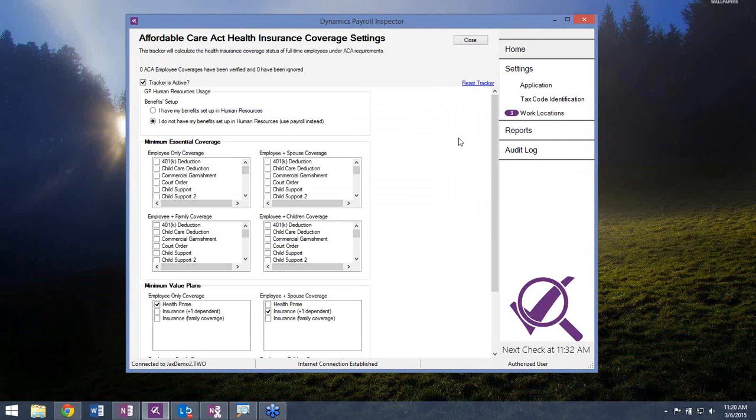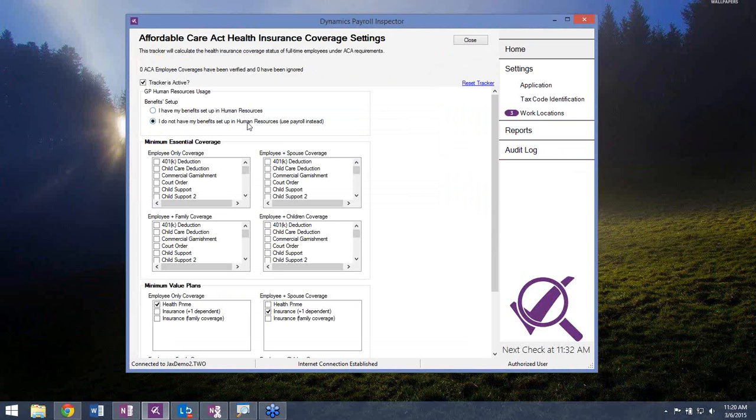have the HR module activated, because that's where all of those fields are located, in the HR module in 2013 and 2015. If you don't have 2013 or 2015, or you're not using the HR module on that version, there won't be a place in GP to store the data related to the Affordable Care Act. So what the Payroll Inspector does is give you the options to use it with the Human Resources module or without it. If you don't have the Human Resources module activated, we'll store all of the information for you.